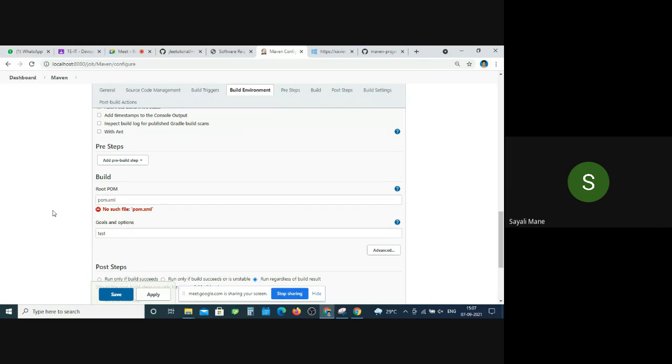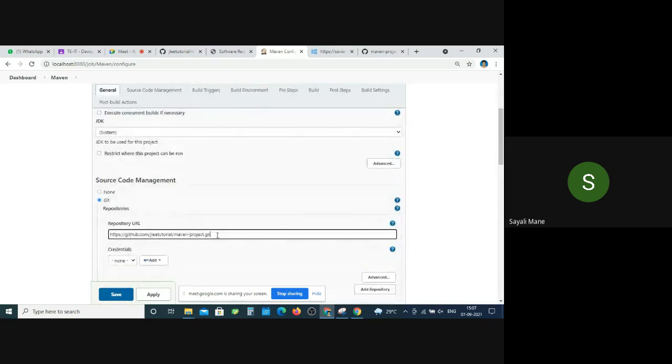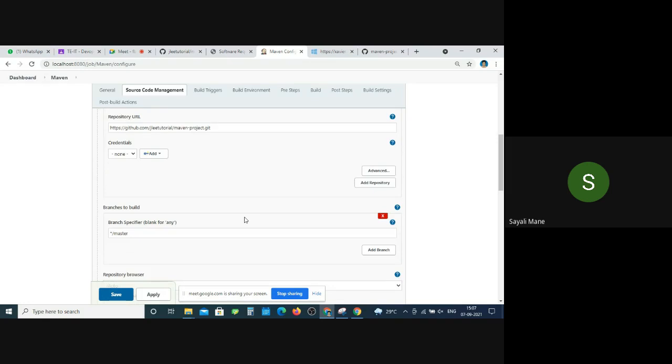Just scroll up. Have you given a proper Git link? Is this correct? Just scroll down.